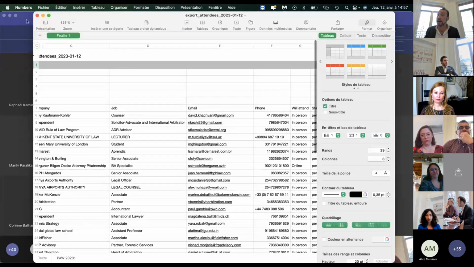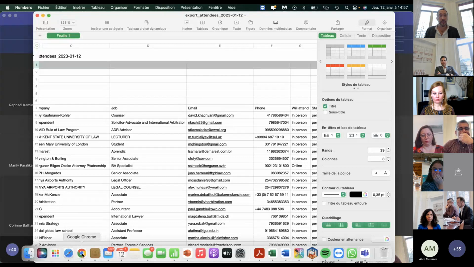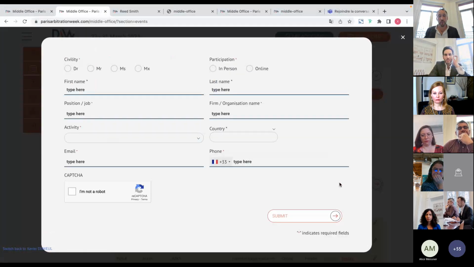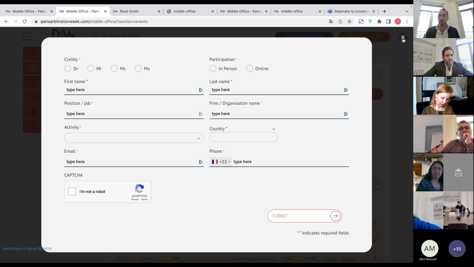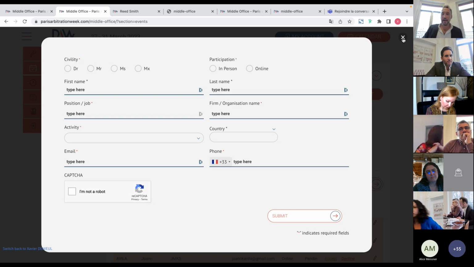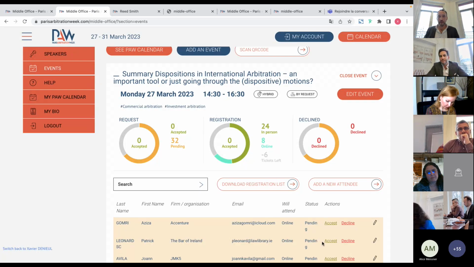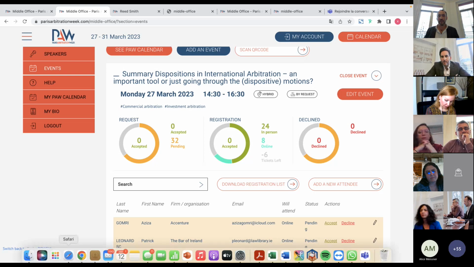Now, sometimes you may also want to invite some participants to your events. And that is something that you can also do through the website. Here you see this invite participants option. And even if the participant does not have a visitor account, he will receive this invitation. So this is something that we thought was useful. For instance, if you have people in mind or people who told you that they would attend the event but haven't registered yet, you can, through your partner's account on the website, invite different participants to your event. Now, maybe what we wanted to show you is, in practice, how does it work when a visitor decides to